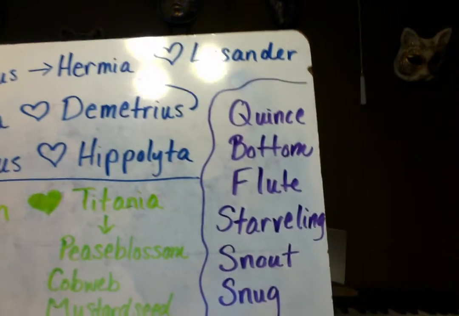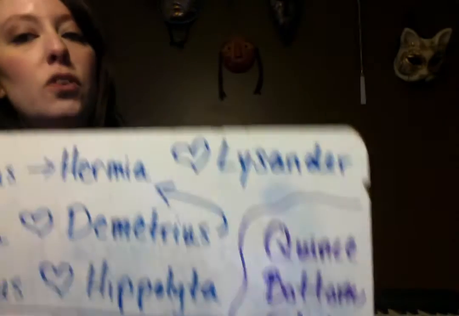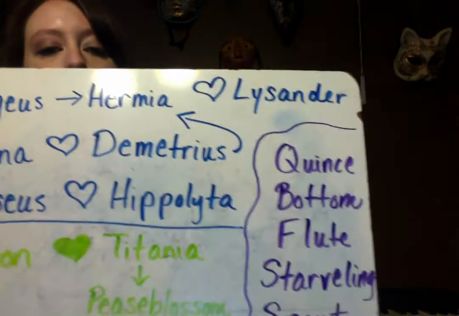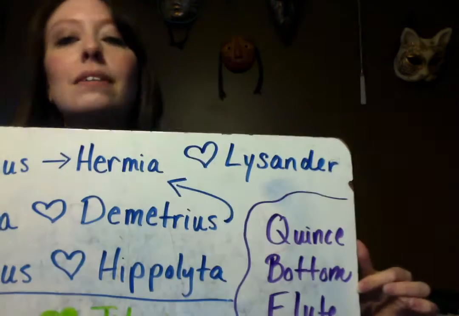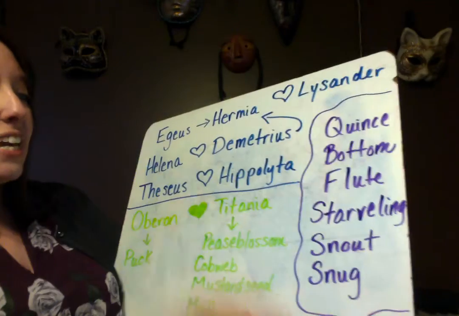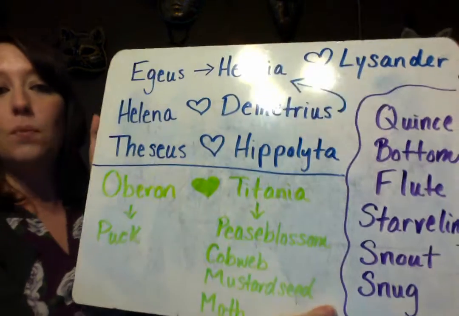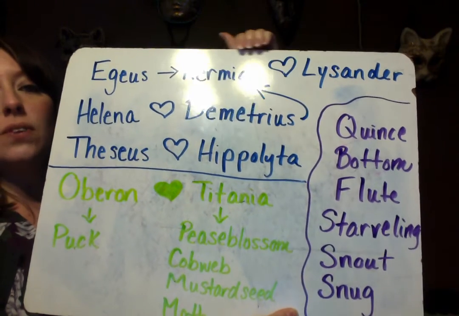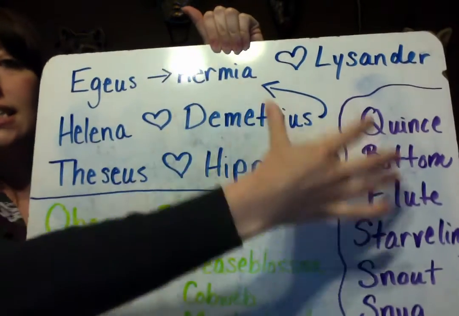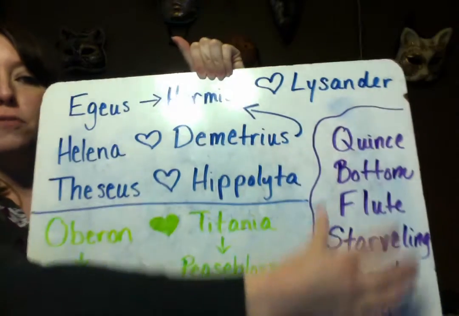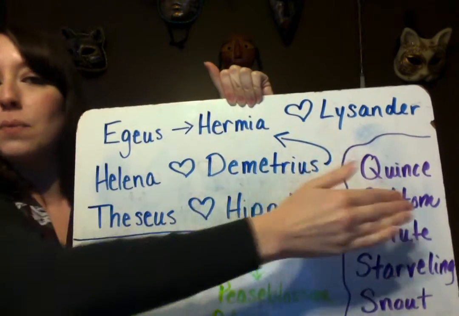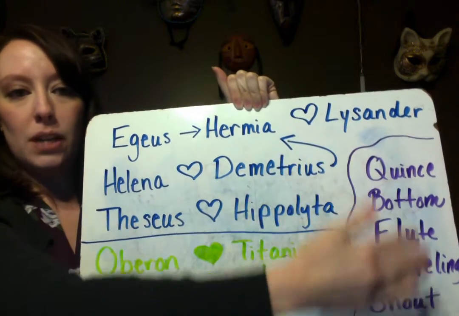Now in purple, this is a group of actors. The main actor, Quince, is kind of in charge. You have your lead actor, Bottom. Yes, you can go ahead and giggle. Flute. There is Starveling, Snout, and Snug. Wonderful, wonderful names for our acting troupe there. And so these three groups are fairly separate in their lives. The actors would perform for our royalty up here, but that's really where the crossover would end. And that's what they're working on.